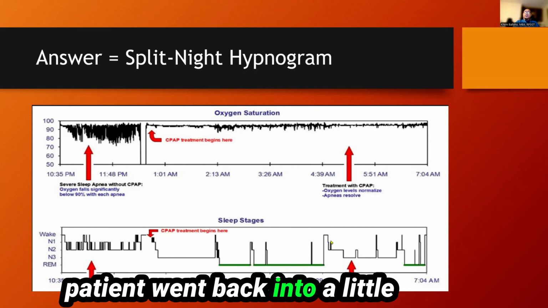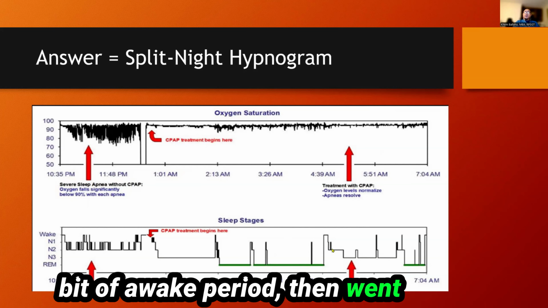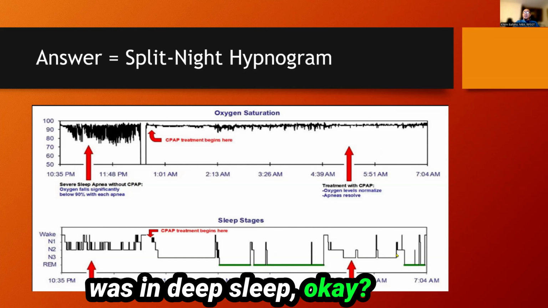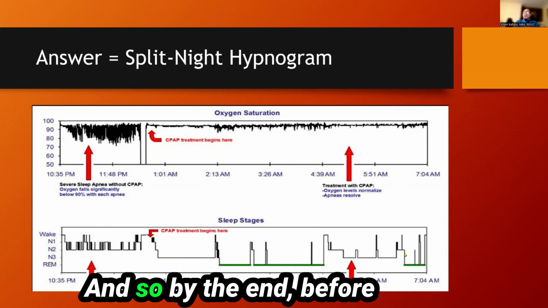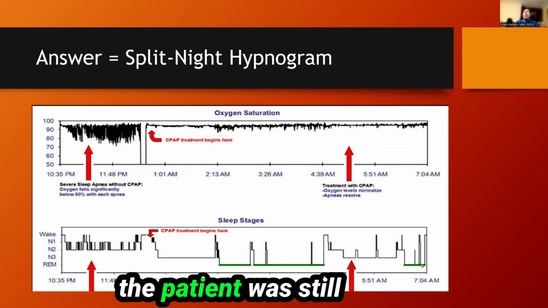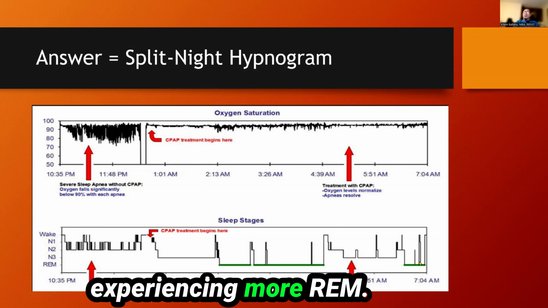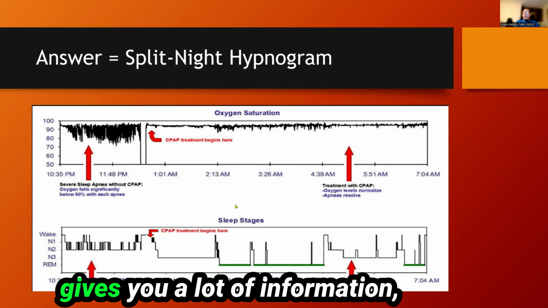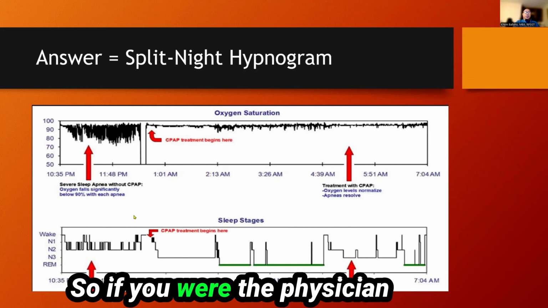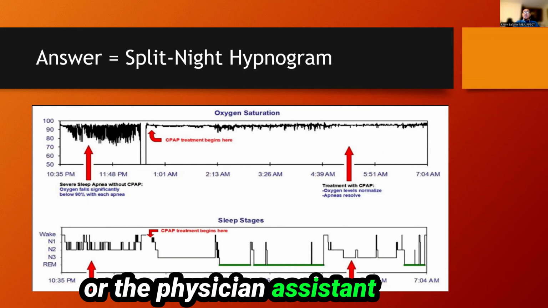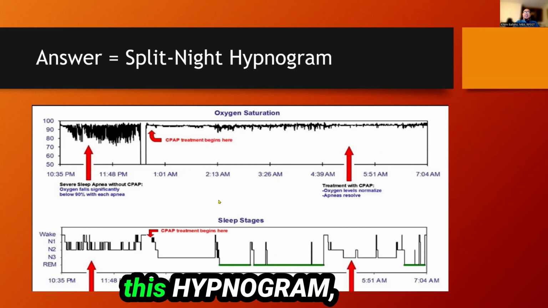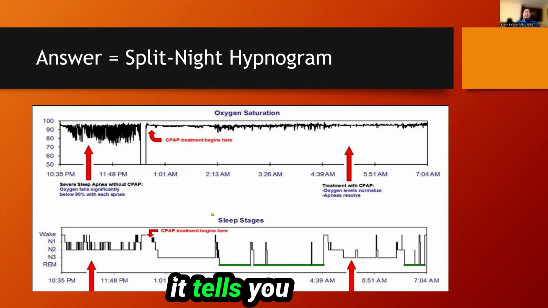And then the patient went back into a little bit of awake period, then went back to sleep. And the majority of the time, the patient was in deep sleep. Okay, again, recovering. And by the end, before the end of the recording, the patient was still experiencing more REM. So in essence, this one pager right here gives you a lot of information, gives you the whole story. If you were the physician or the nurse practitioner or the physician assistant looking at this patient, with just one look at this hypnogram and histogram,